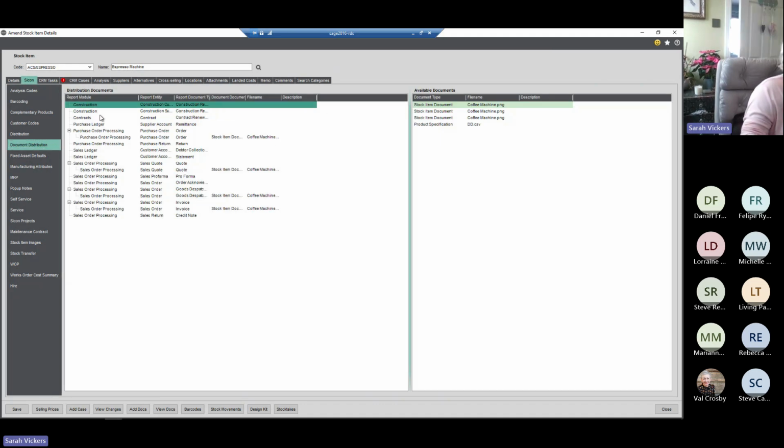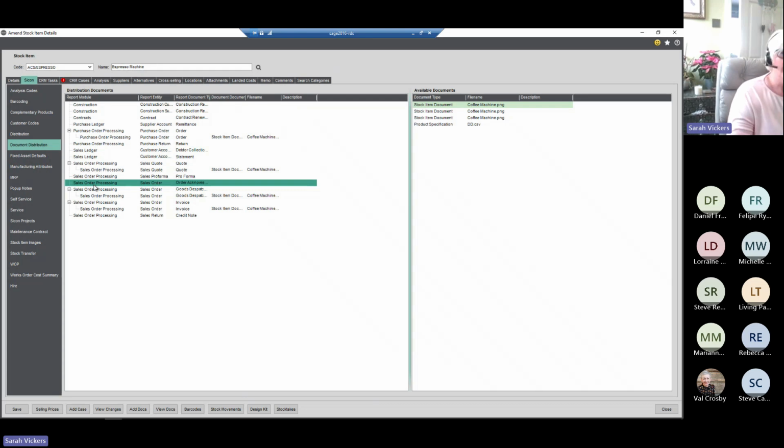Dependent upon which of our modules you use, and of course which of the modules you use inside of Sage, there's the ability to attach additional documentation when you send any one of these out. So in my example, I've said when I send an order acknowledgement out, I always want to send